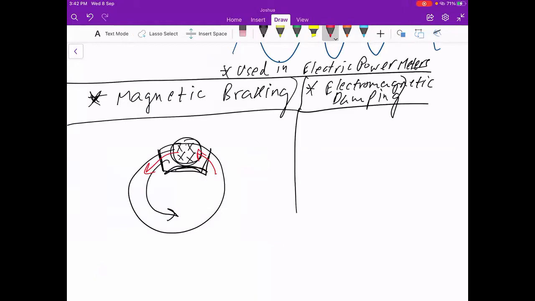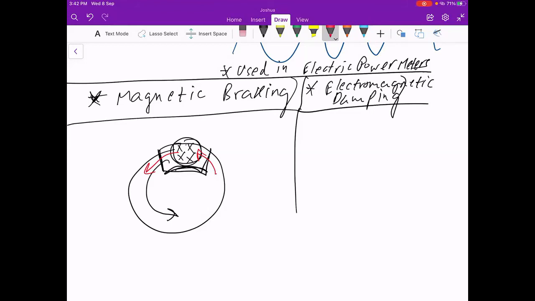Like for example, Formula One cars, or basically high-end sports cars or bikes, have even ceramic brakes, probably the best brakes nowadays. So we use rubber or metal in contact. You have seen a bicycle brake, right? You know how a bicycle brake works. The same thing, just a different flavor.